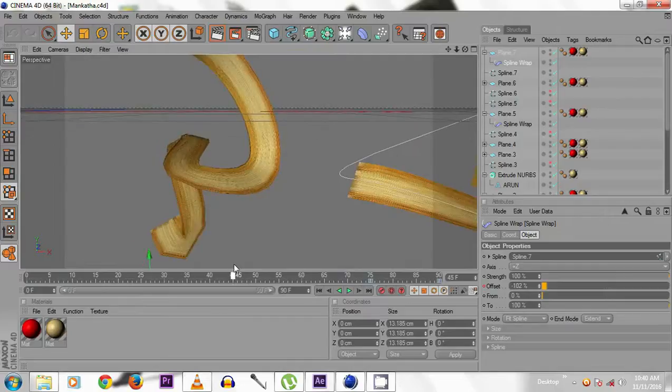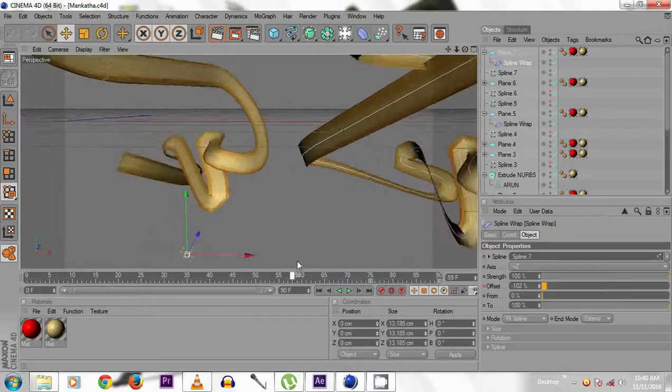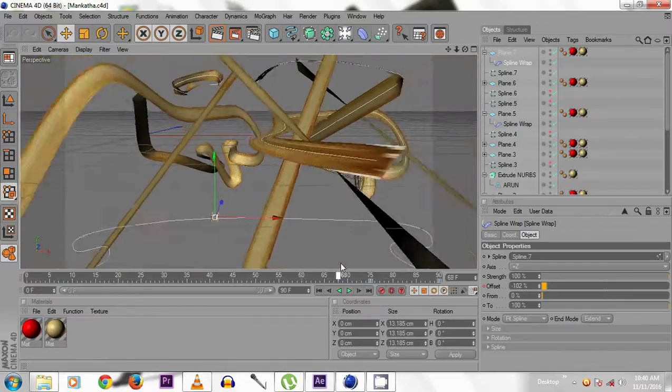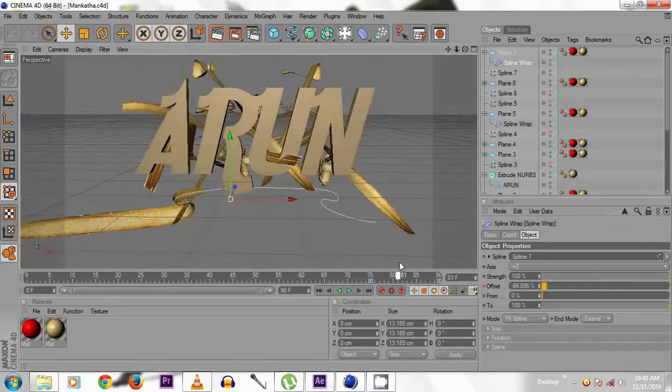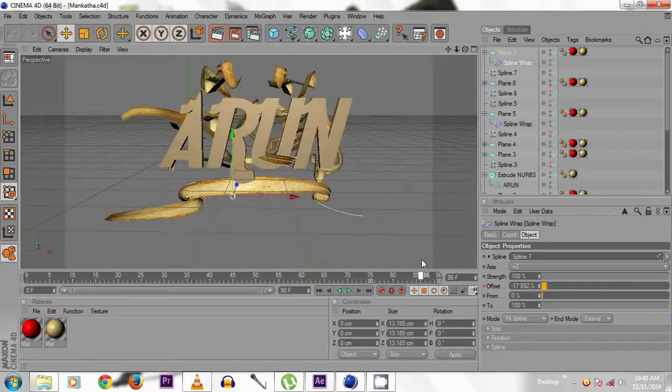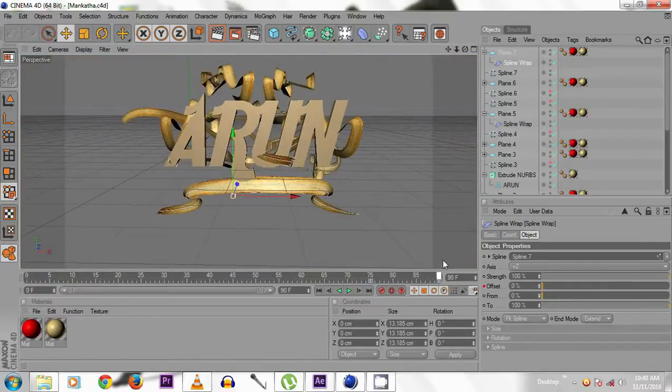This is the ribbon animation. It is not uniform. All are different splines. I drew them myself. Okay, now I explain how to do it.